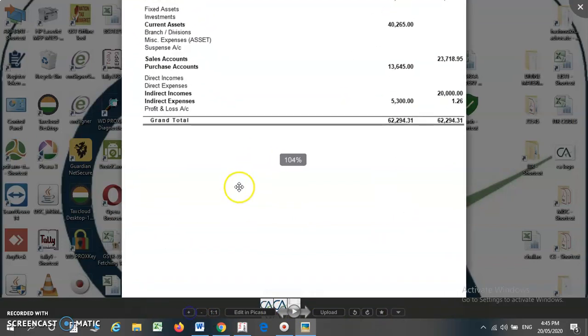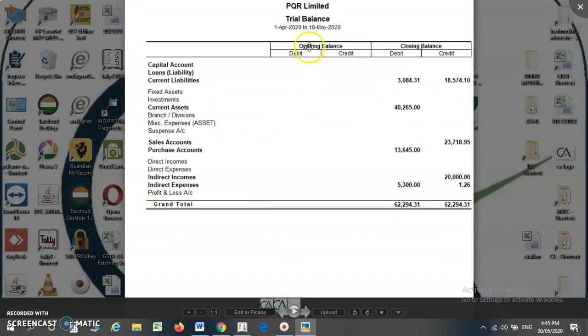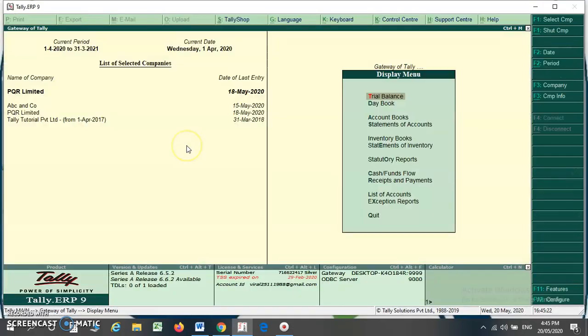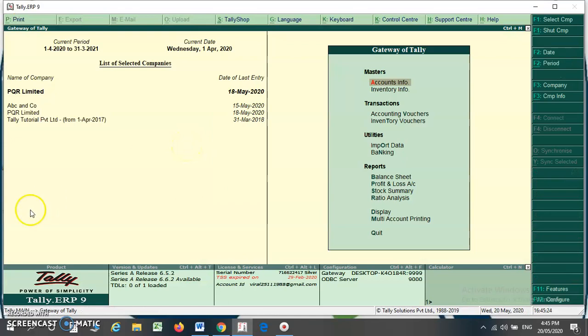You can zoom in and you can see that this is the trial balance of PQR Limited. This is the period, this is opening balance, this is closing balance. As we have selected debit or credit, that is transactions, as no, only opening and closing balances appear. So in this way you can export anything from your Tally ERP 9.